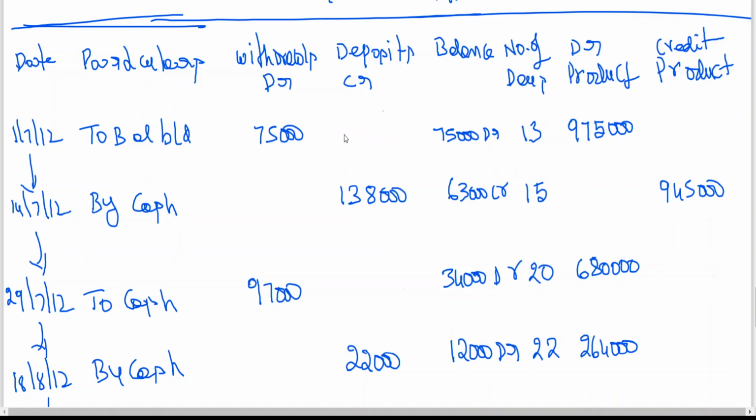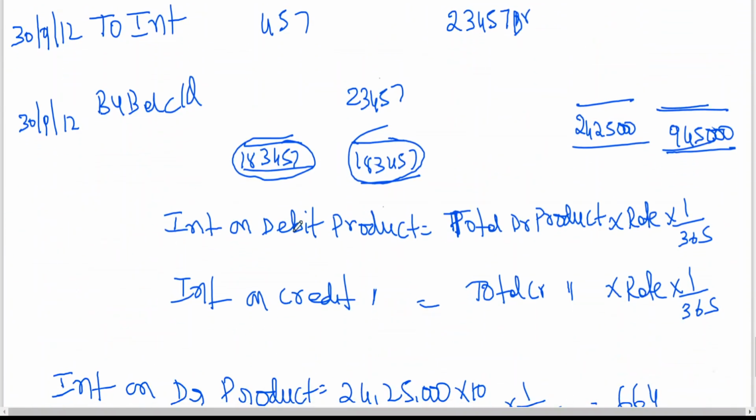Simple thing. Don't confuse. What I have done is just like ledger balancing. If you don't want to do ledger balancing, leave it. Don't write this debit balance here. When to write the debit balance here? When you want to go for ledger balancing, the way we do the difference between debit and credit, then we should write that. Otherwise, this 223,457 is reflecting in the balance.